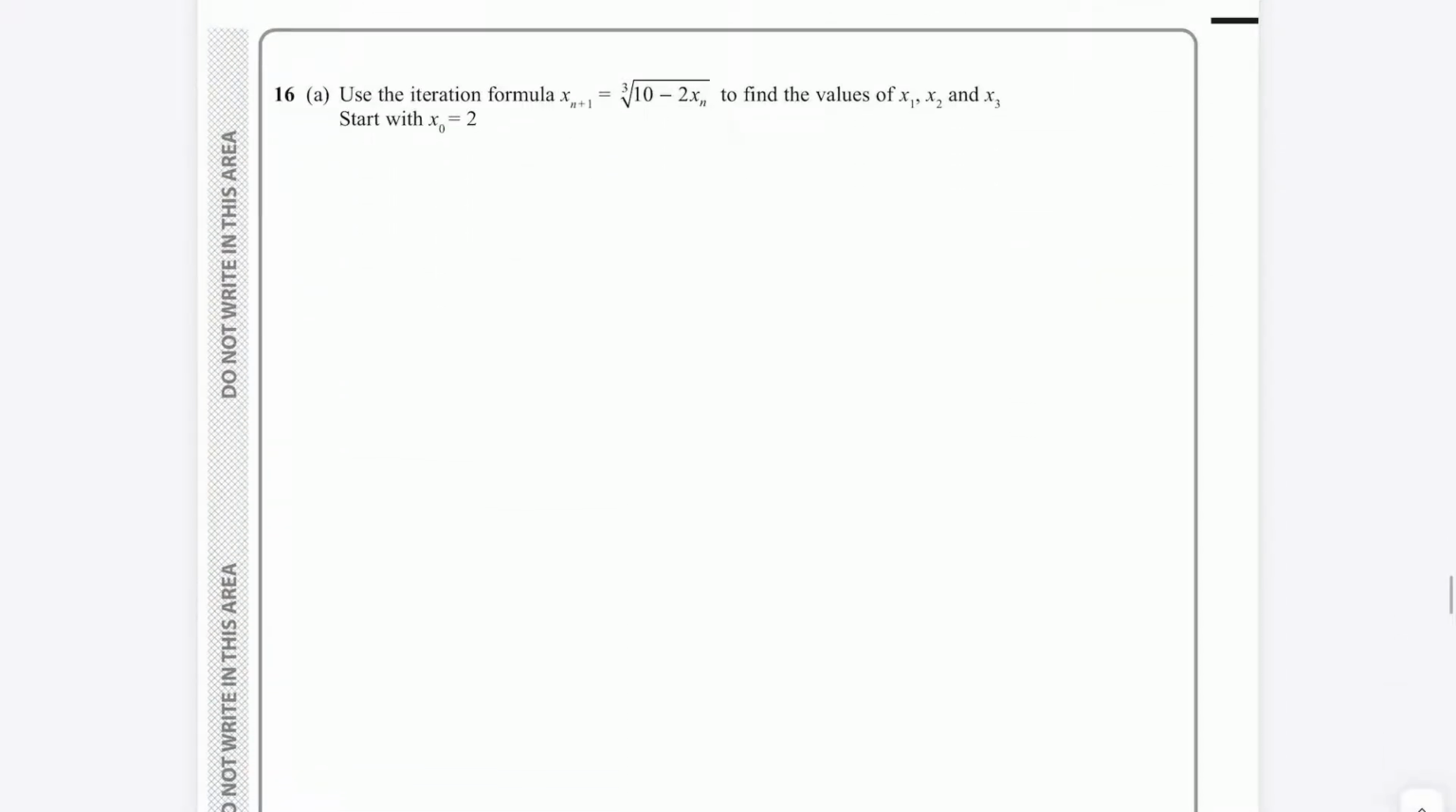Question 16. So we've been given an iteration formula and it's asking us to find x1, x2, and x3. So we have been given x0 as 2. x1 is going to be the cube root of 10 minus 2 times 2 from there. And that gives us